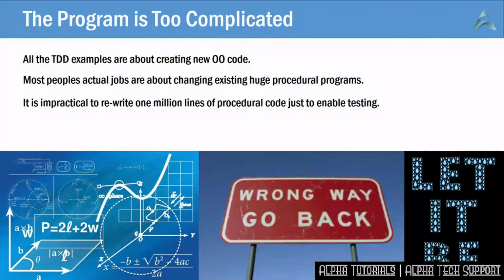All the examples about TDD and unit testing that you come across on the internet, including this very course, talk about creating programs from scratch. All the code examples are 100% object-oriented, and naturally, the example programs are small. People, programmers, come away from this and say, that's all well and good, but in my job, 95% of what I do is maintaining huge, gigantic procedural programs. So this whole unit testing, test-driven development concept can't be any use to me.